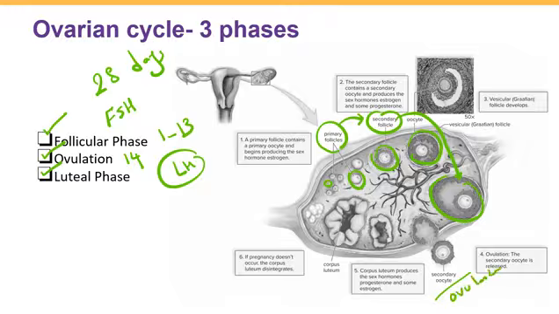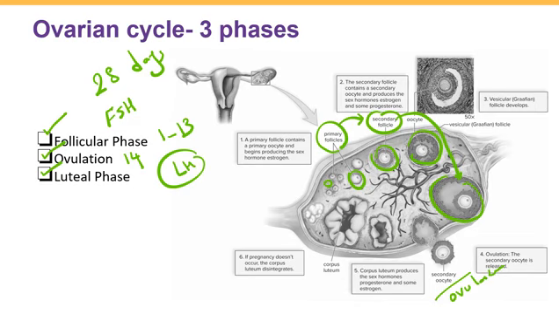Ovulation just means that we release the oocyte from the Graafian follicle. Then the oocyte is swept into the uterine tube, where fertilization may or may not take place. Ovulation is the shortest phase of the cycle,